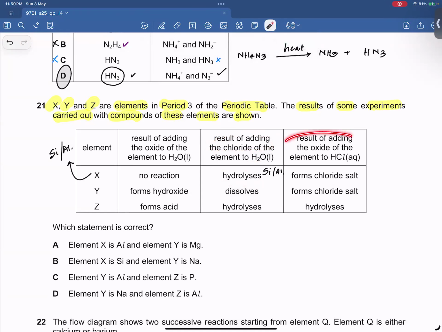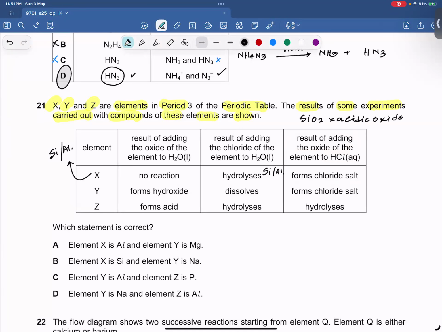Now the oxide of Y, when treated with HCl, forms chloride salt. By the way, the oxide of silicon is basically silicon dioxide, which is acidic oxide. And you know, acidic oxide cannot react with acid, which is why silicon is going to be the incorrect option. So element X is aluminum for sure. So if element X is aluminum, that means A is going to be the right answer. बाकी पढ़ने की जरूरत ही नहीं है. आंसर आ गया हमारा. ओके,